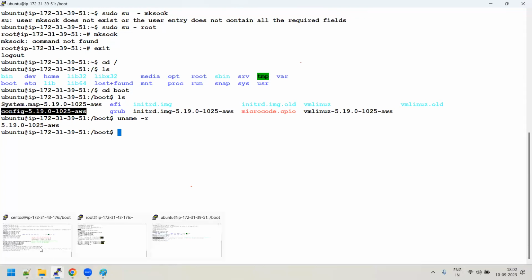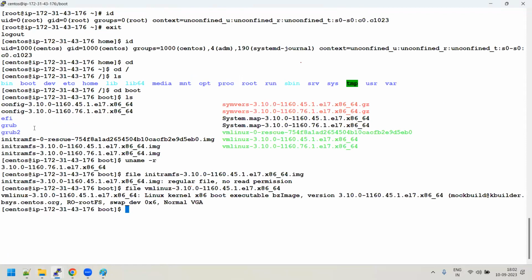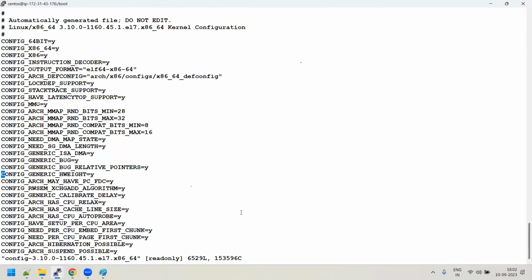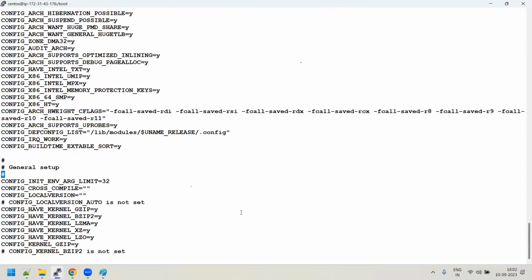So come over here in the CentOS. You have something as a config file. This is the configuration for your kernel. Sir, can I open it? Yeah, you can open that file, no problem. This is the whole configuration file for your kernel. You see at the top,